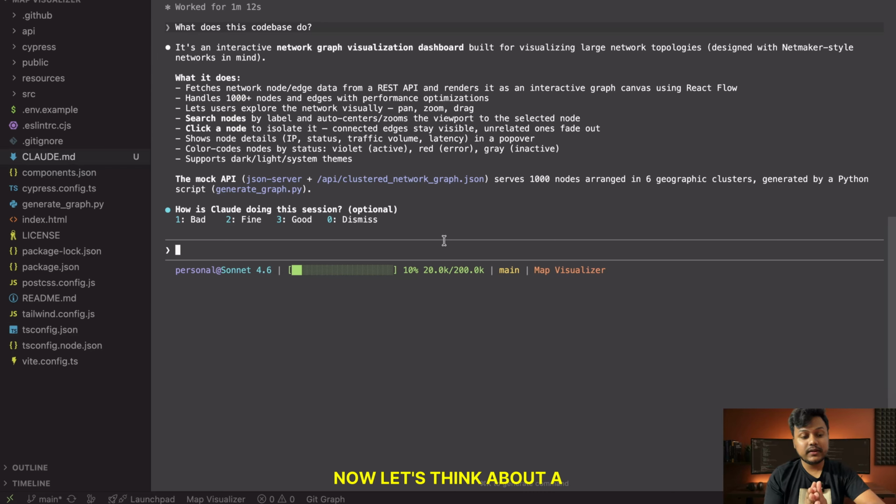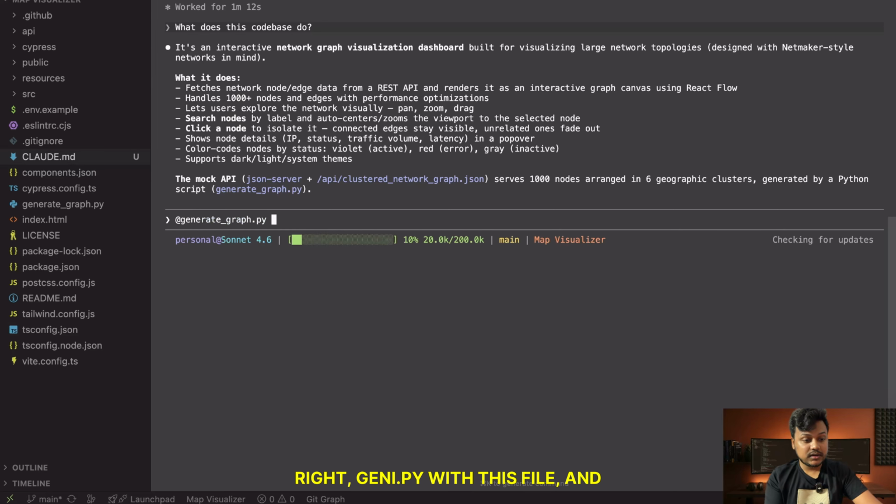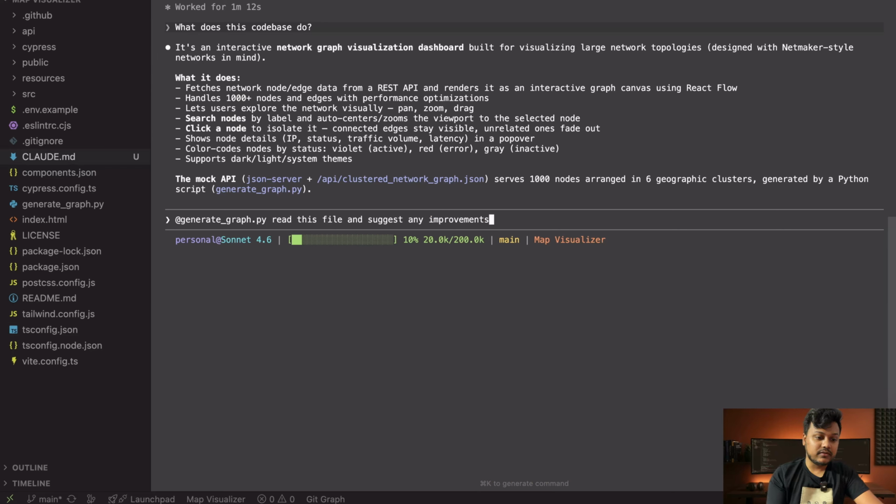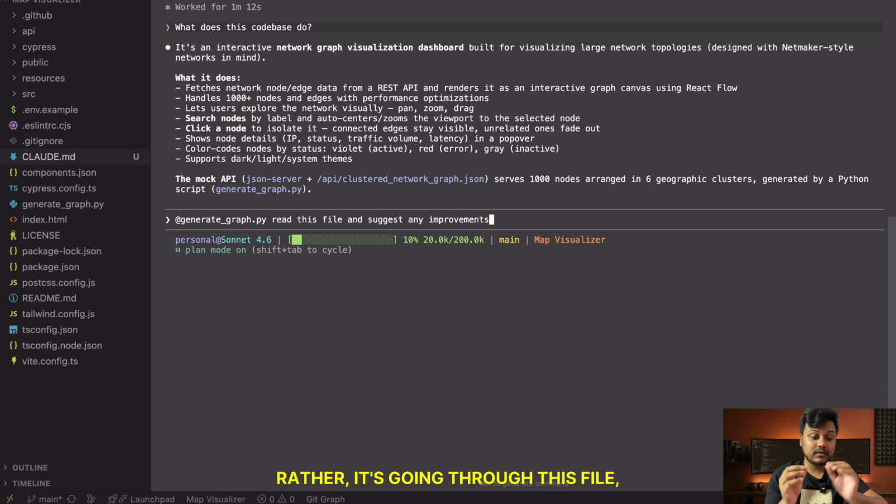Now let's think about a change in the code base that I want to make with Claude Code. For example, it listed this cluster network graph generate.py. I could say, read this file and suggest any improvements, and I could just hit enter, right? But I'm not gonna do that. When you're trying to do something like this, change your mode to plan mode. That way Claude is not thinking about generating code immediately, rather it's going through this file, thinking it through, making architecting